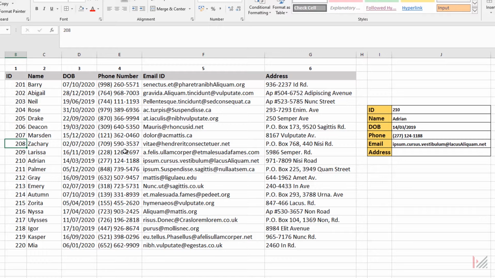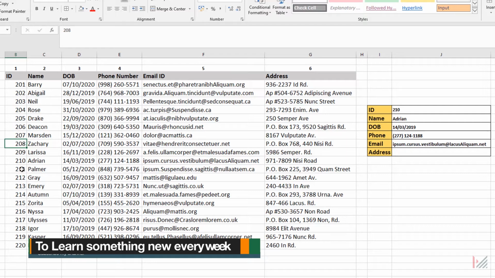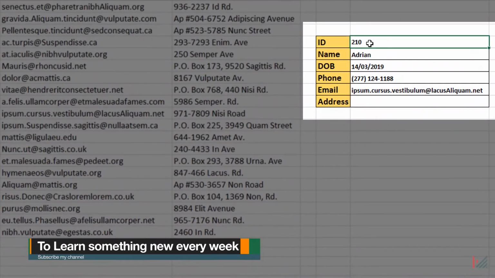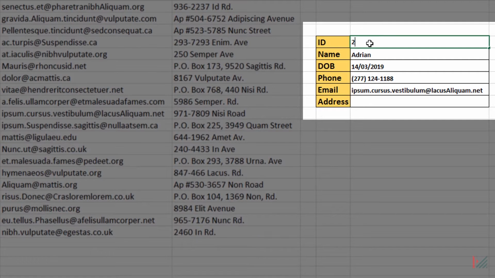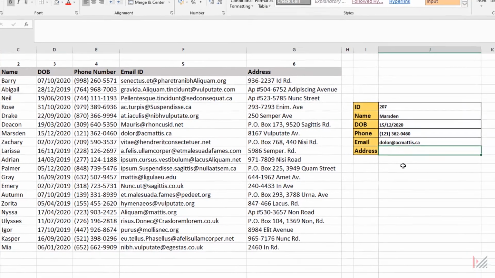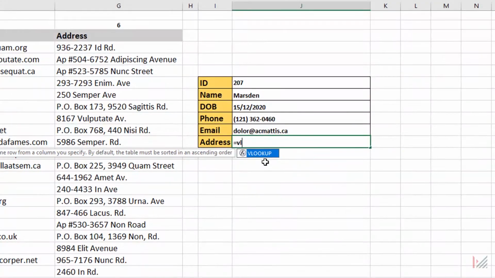Here I have a table of data and each record has its own individual ID number. In the right section, if I give a particular ID number, suppose 207, its name, date of birth, phone number, etc. is updating automatically. For this purpose, we can use VLOOKUP. Here at the bottom, suppose I want to update the address, we will write it as VLOOKUP